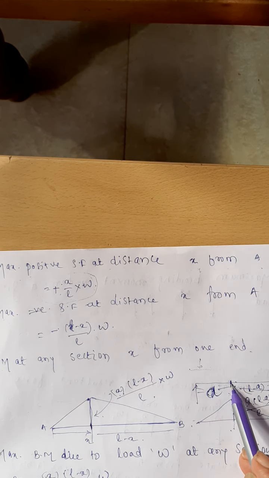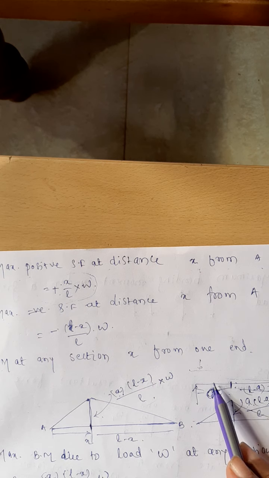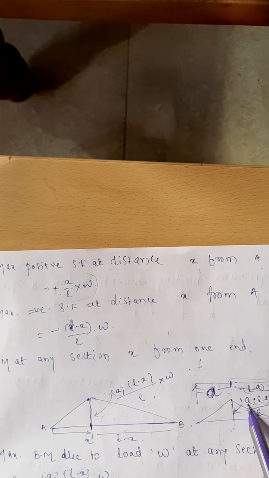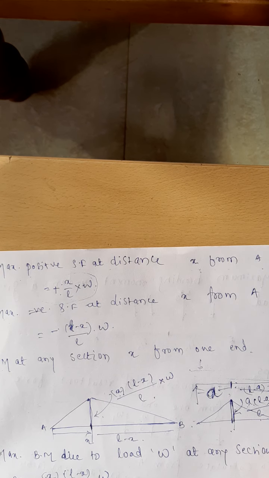At any location X when the load is moving, the bending moment is given by A into (L minus A) divided by L. So the maximum bending moment itself is this number if you see the figure, and this number happens to be